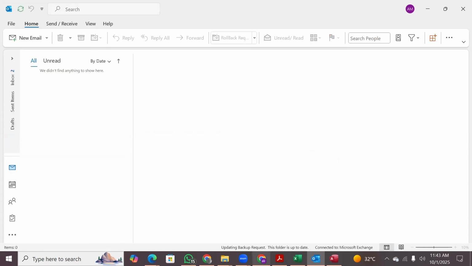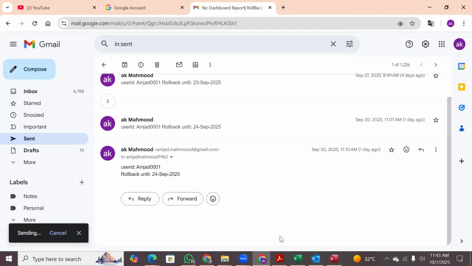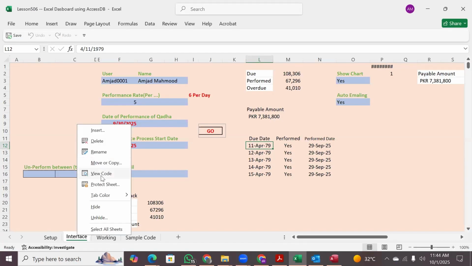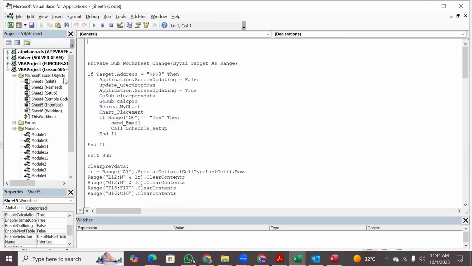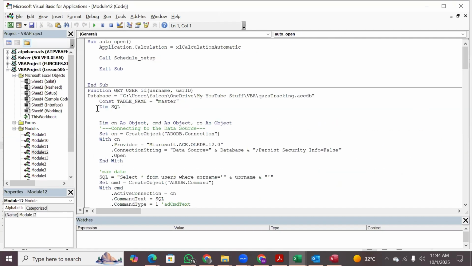So let's get back to the Gmail, in which we are sending the backup. But first of all, let's take the backup. Okay, click OK, send. Then we go immediately there and put a breakpoint in the view code, where that is, here. So we put a breakpoint in here, and we also go to auto open,